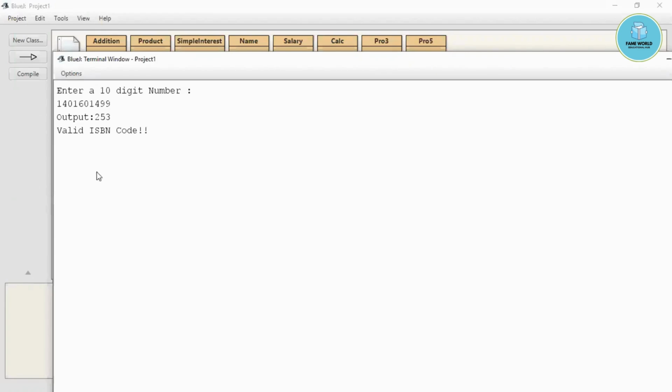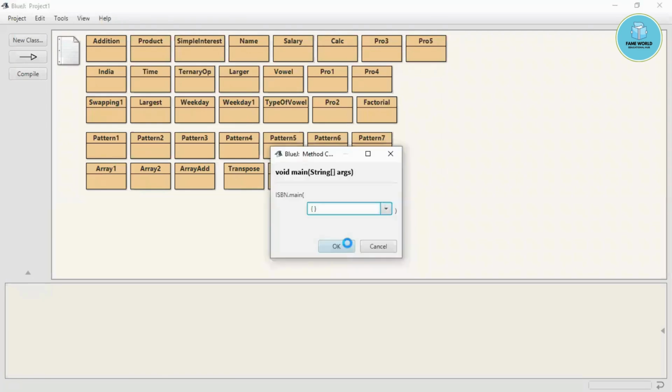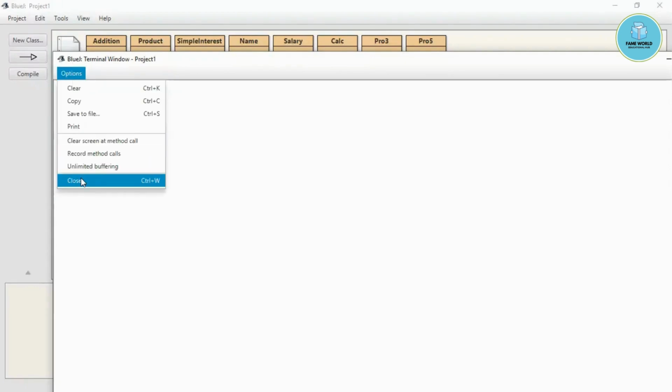Now I'm just going to run it again, and we will check some random number, and let's see what it gives now, because we do not have any ISBN code right now. So suppose I'm taking some other number. So invalid ISBN code. Okay, fine. So this way basically we have to check the ISBN code,